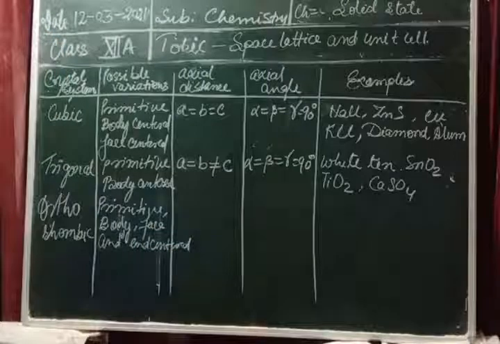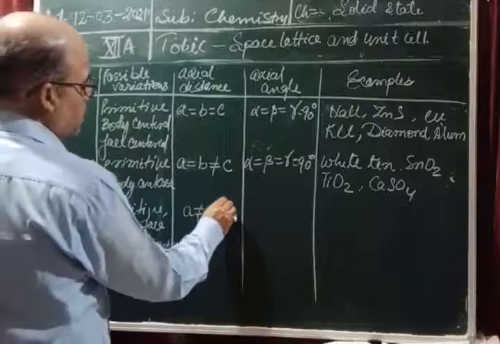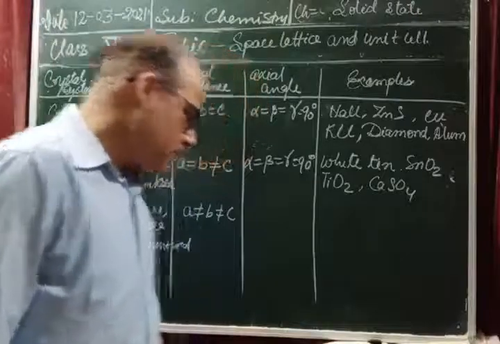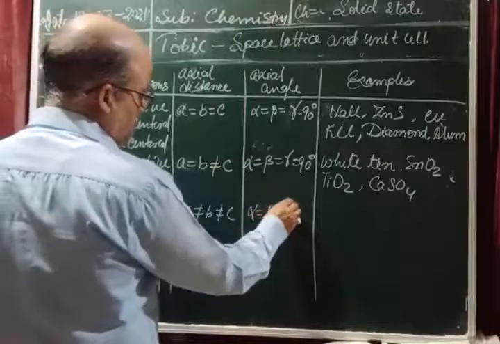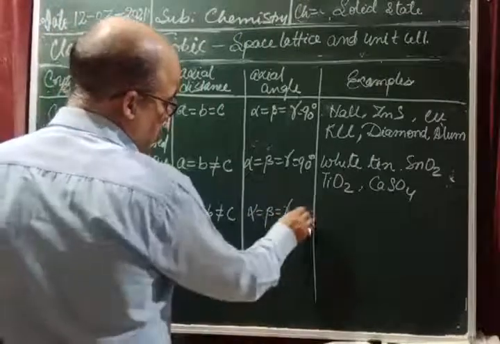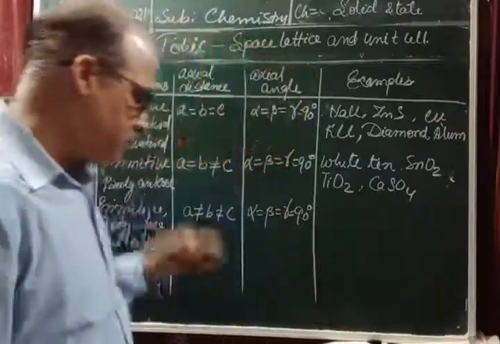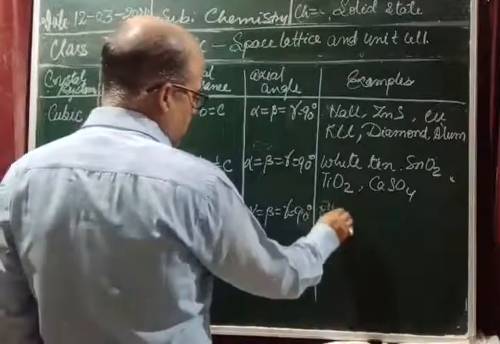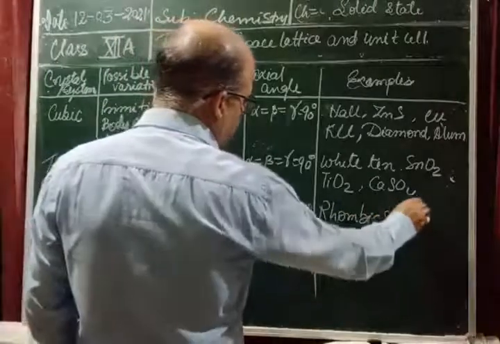All types of crystals are possible here, but A is not equal to B, B is not equal to C. Okay, but angles are alpha equal to beta equal to gamma is equal to 90 degree. Okay, note down this. Example is rhombic sulfur,